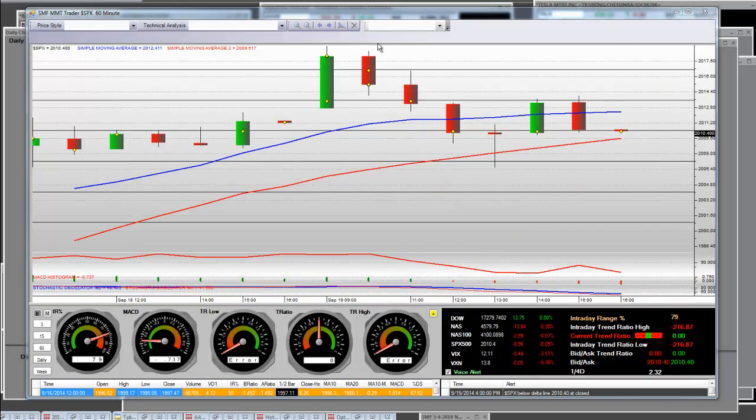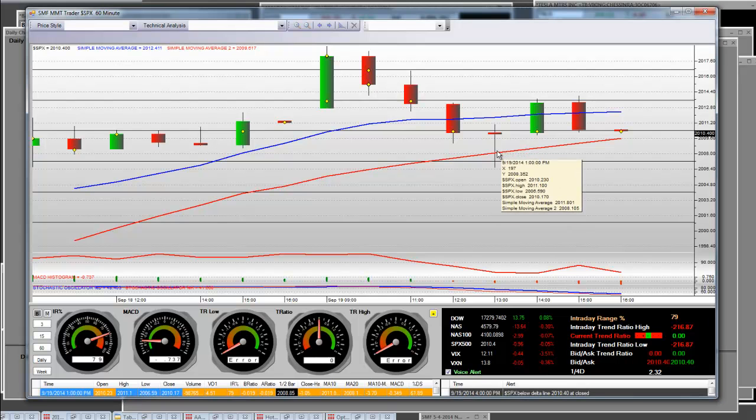The fresh new 52-week high is right up here in the MMT platform on a 60-minute bar. That was our high on a 60-minute bar. A 60-minute bar break back down here on an intraday level to 2000 and let's just take a look. 2006. So I'm showing everything of where the new 52-week high is right here. This is what it looks like, and it was a quadruple witch, and options expiration on Friday.